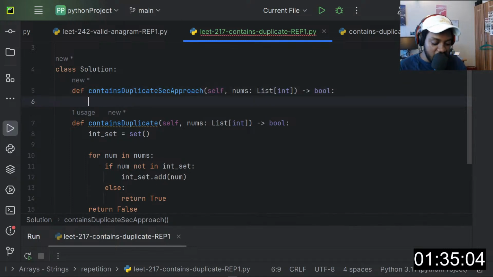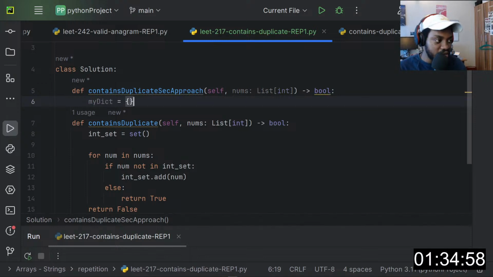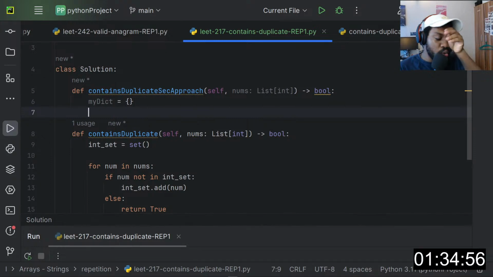So we can say I'll call this my dictionary, and this will just be an empty dictionary, right? We'll begin to add items to the dictionary if they are not already in the dictionary.